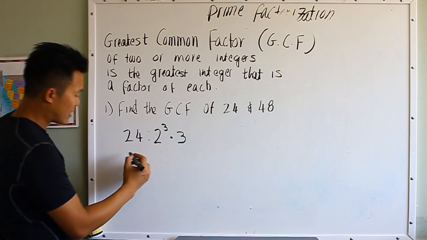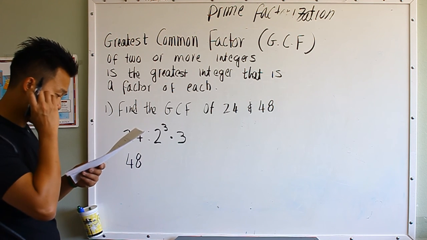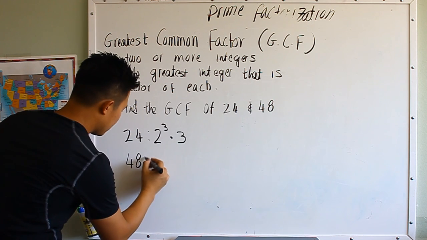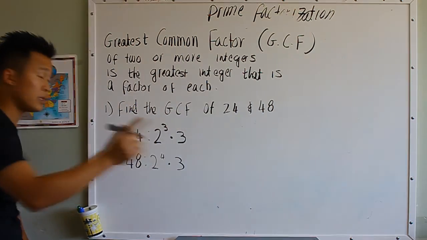Okay? If I prime factor 48, and I'm going to just kind of cheat here so that I can save time, I get 2 to the 4th times 3. Okay, so you can do it and you see that